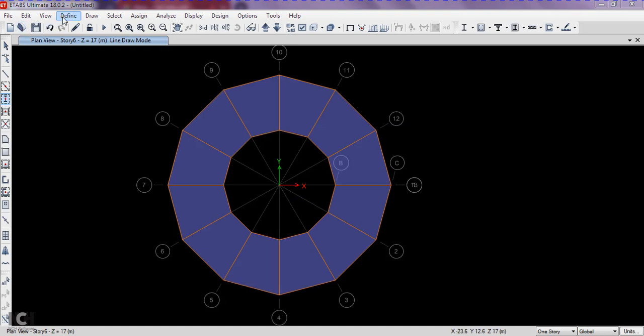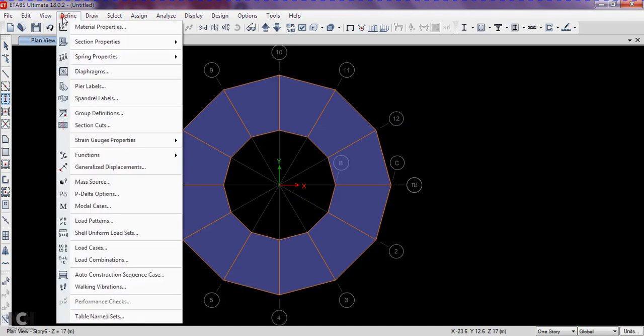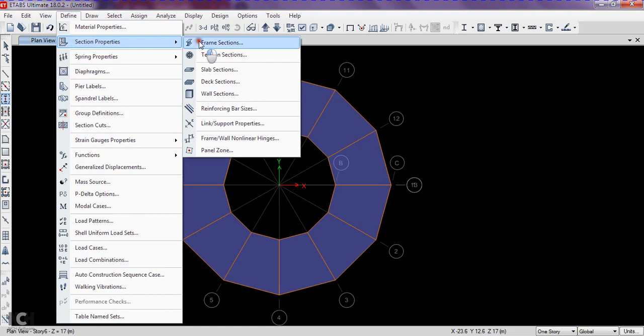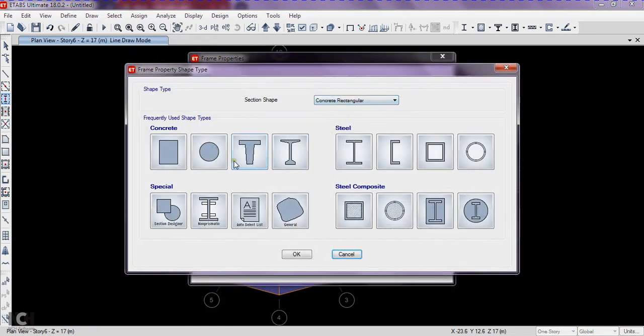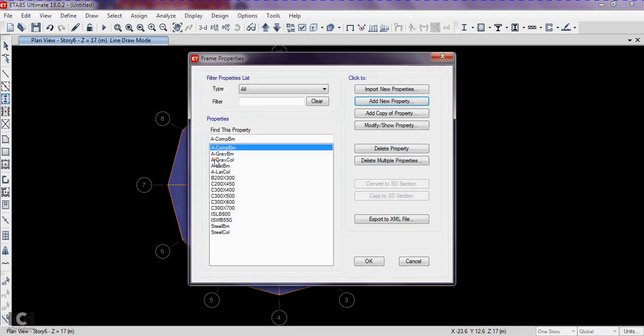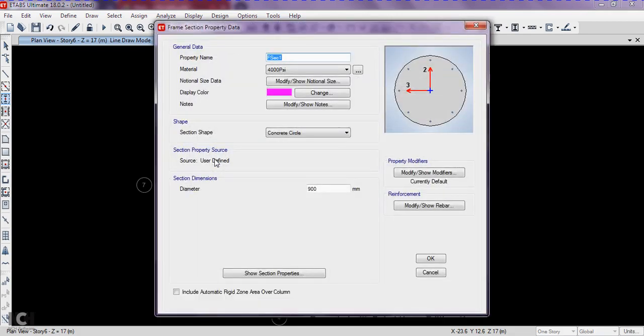column. What I need to do is go to define section property, frame section, go to add new property. Here I want a circular shaped column. Click on this circular shape. Let us consider a column made up of 400 mm diameter.